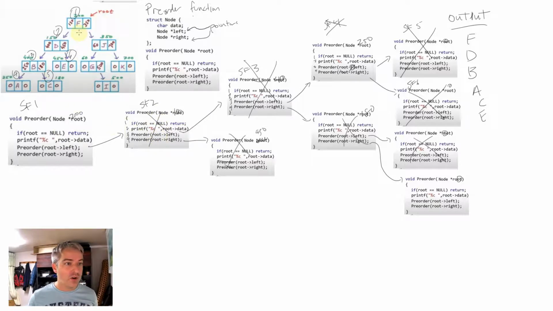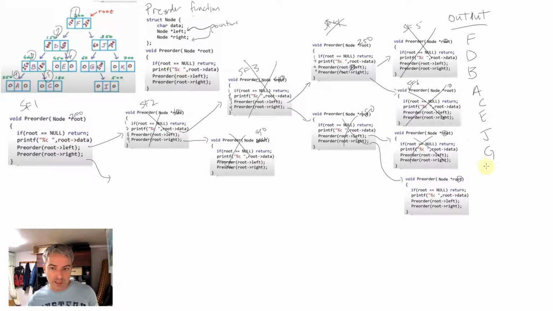Now we're returning all the way back up to our original root, and we're going to start on the other side of the branch. And that's where I'm going to leave it. I think we could go through the rest of the steps, but that's essentially what's going to happen for the other side. Based on our pattern here, we're going to print out the root J, and then we're going to go to the left, print it out. And then here we'd go to the left, but there's nothing there, so we go to the right,